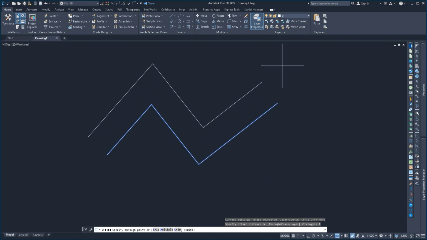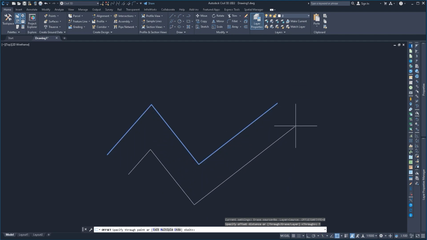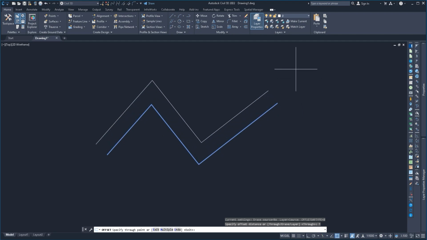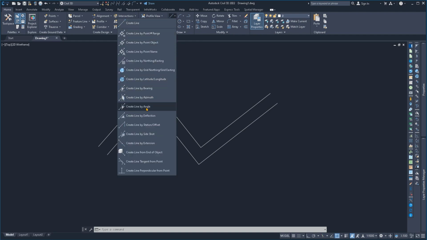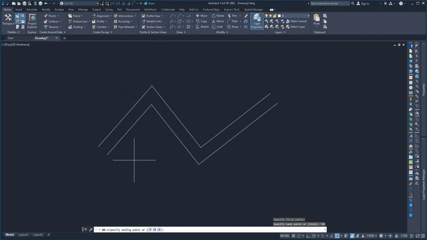Now we can see that when I offset this line up and down from its original location, it is following a certain predictable trajectory. Now the trajectory is dictated by the angle of the geometry. In fact, the trajectory follows exactly the midpoint of the angles of the geometry. So if I were to create a new line by angle and I select this angle here and I'm going to do a counterclockwise, we can see that this angle is